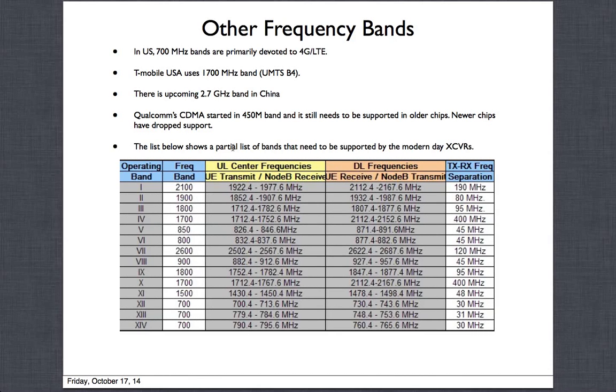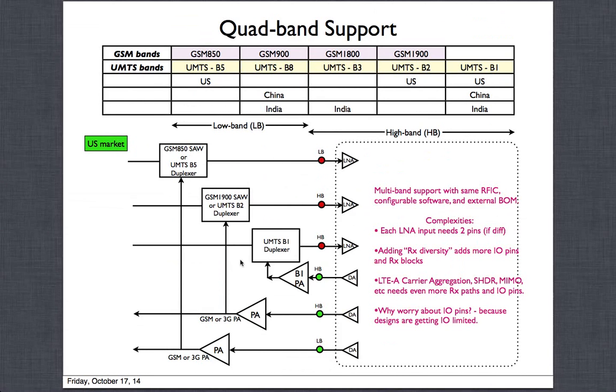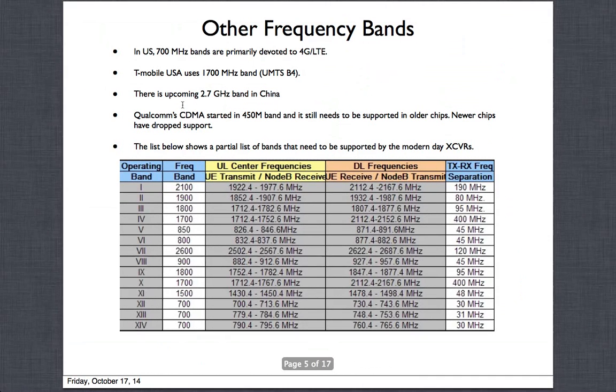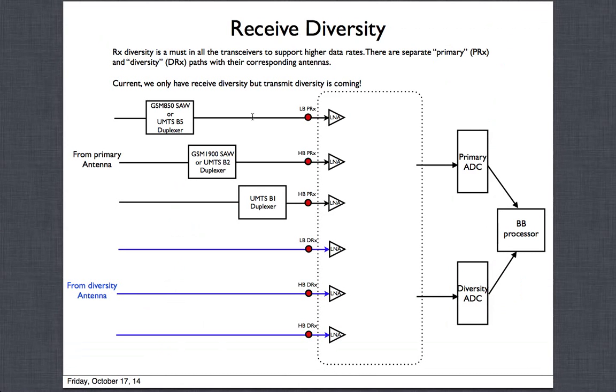So you have the quad band frequencies we looked at. We looked at some examples of how by swapping different filters and duplexers and PAs, you are able to do quad band support. This only gets much more complex when you have to support more and more frequency bands. Okay, so with all these things, now we are moving to the VoLTE phone, supporting many more bands. But before getting there, let's look at receive diversity. We talked about it, but I just wanted to explain a little more in case you might be already familiar with it, but just bear with me so that, for the sake of everybody, I can explain a little more about it.